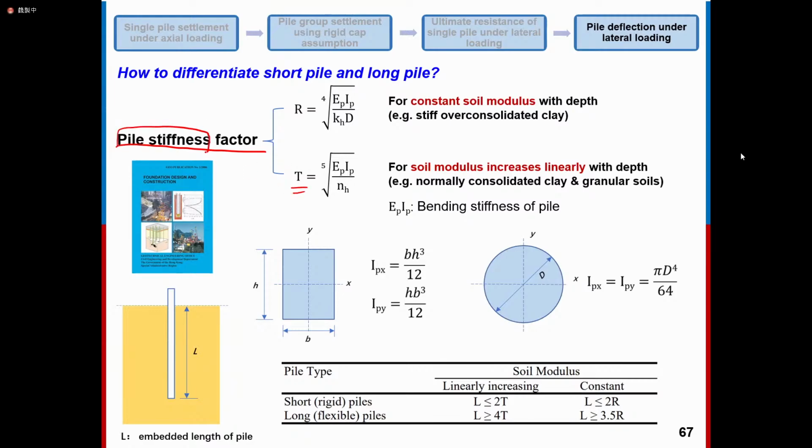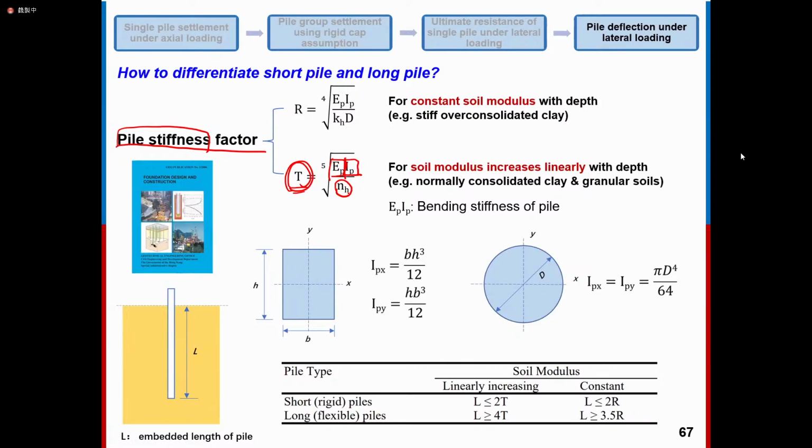For pile stiffness factor, this name for me is not that straightforward. I prefer to call it a characteristic factor for this pile. The meaning of this so-called characteristic is that this factor is determined by the Young's modulus of the pile and the initial moment of the pile. And NH represents